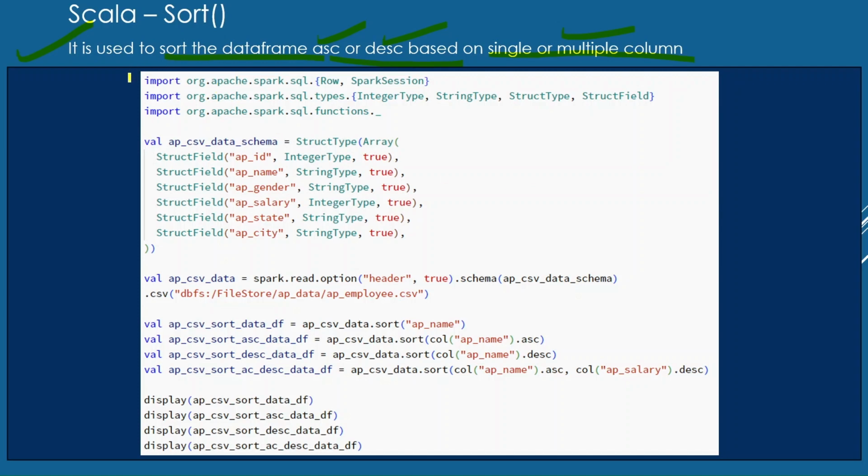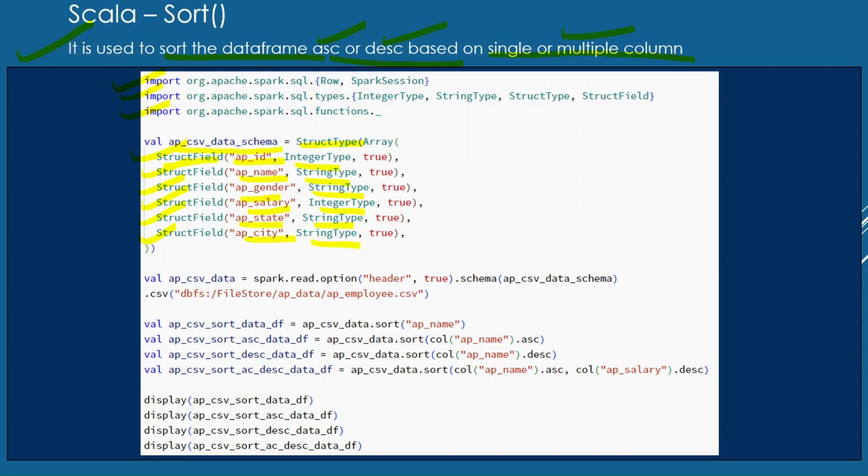In this exercise, I am importing all the required libraries. Here I am creating a custom schema with the help of StructType and StructField. I am defining 6 columns and their data types. I define the column names and data types with the help of StructField, so there are 6 StructFields used to define 6 column names and their data types.